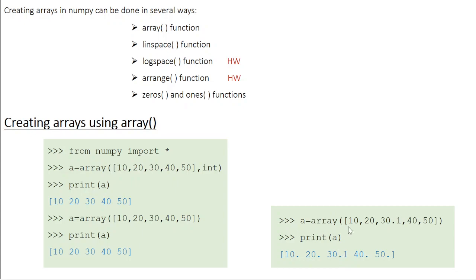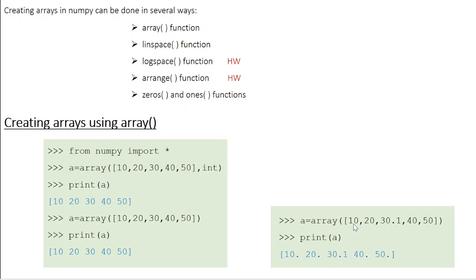Another example, A equal to array 10, 20, 30.1, 40, 50. So here all the elements are integers except for this one, right? This is a float. And you know the thumb rule, right? If at least one of the elements is a float, then the entire result is going to be a float. So when you say print A, it's going to print the array as an array of floats.